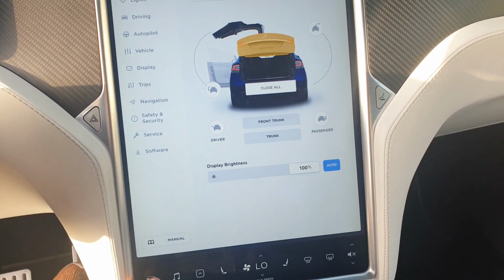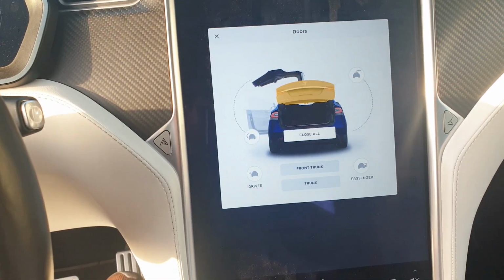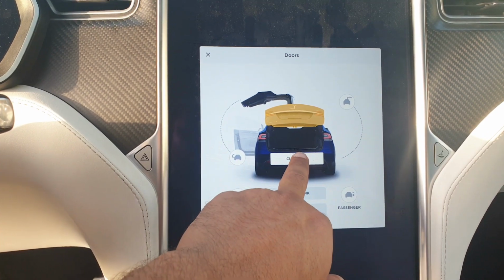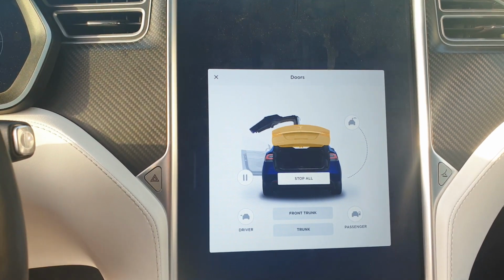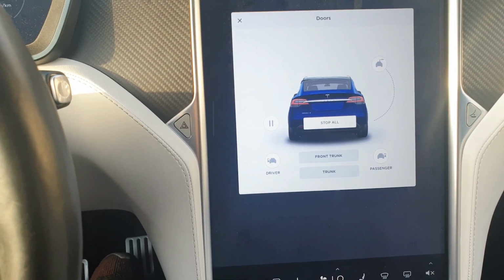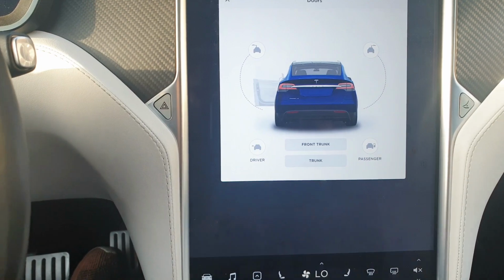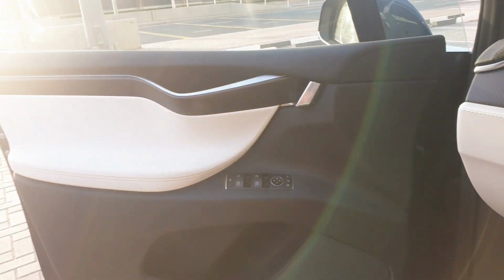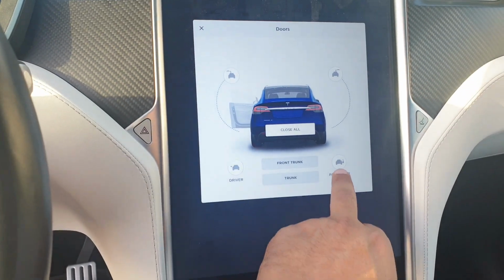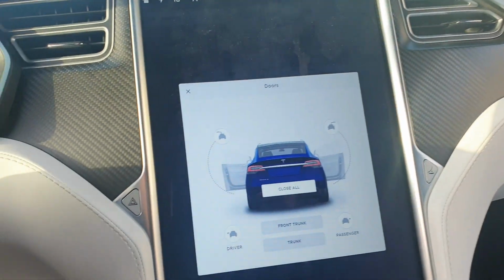So first thing I will tell you how you play with the doors of Tesla. You got this option menu here at the screen. So first thing, close all the doors. So it will close like that, and you can open the door. This is the driver door, open it. Okay, this is the passenger door at the right. Okay, bye bye. Okay, the next thing is